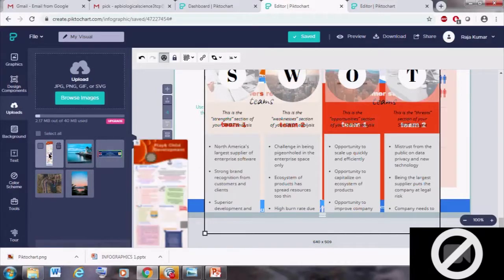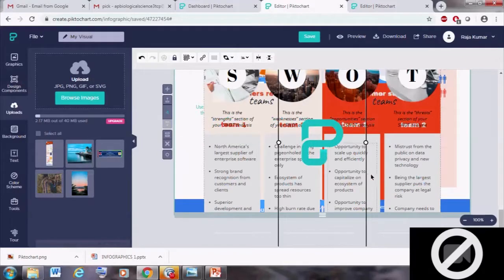You can use your image wherever it is prepared, wherever you want to add that image in the page. You can choose and paste it in the infographic page.